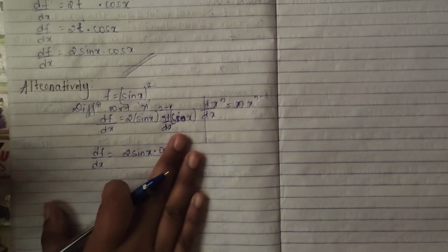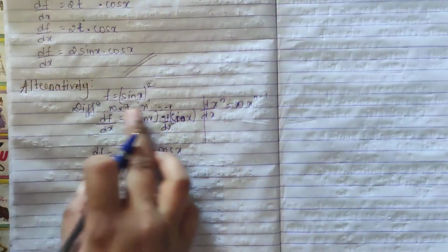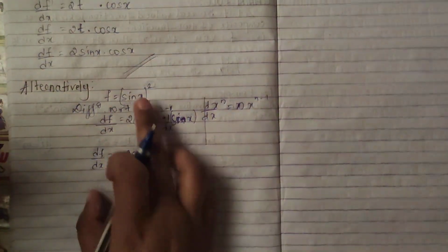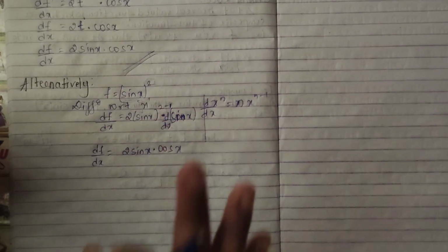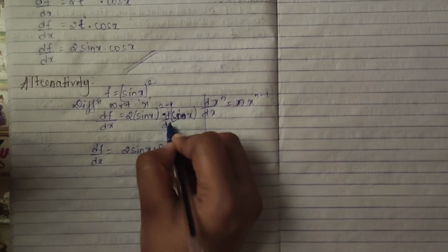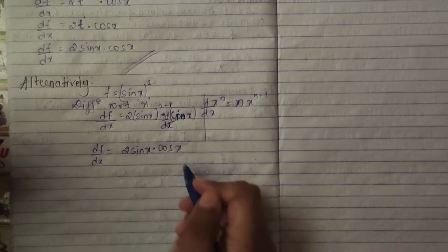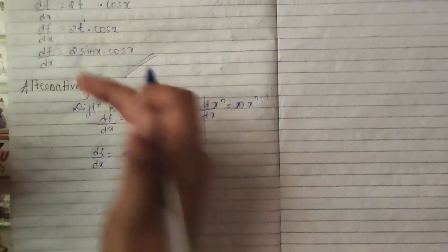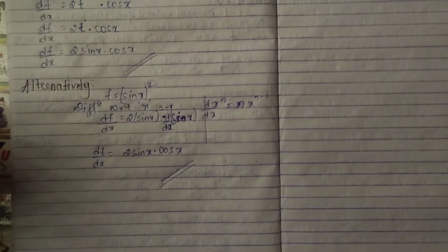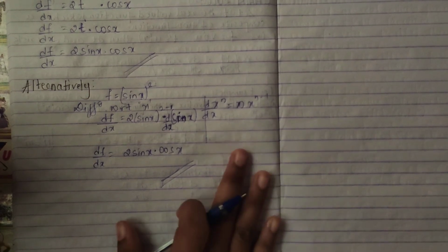You can do it like this also directly, but you have to make sure how to differentiate when you have composite functions. When you have composite functions, you have to differentiate both, first the outer and then the inner also. That is d by dx of sin x, and then you get the answer. If you have understood, you can solve all problems directly, or go stepwise taking t as a substitution. So this was your chain rule.